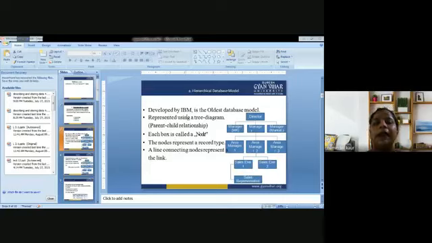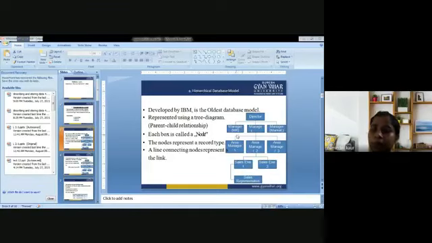So it is developed by IBM and it is the oldest database model. It could be represented using a tree diagram, like there is a top root level, and at the root level there is a director. The director has various subordinates like manager, HR manager, various types of managers, X, Y, and Z. So this could be related to the X sector, this could be a manager related to Y field, and this is the manager of Z field. Or you can put any HR or marketing or sales. It is your choice.